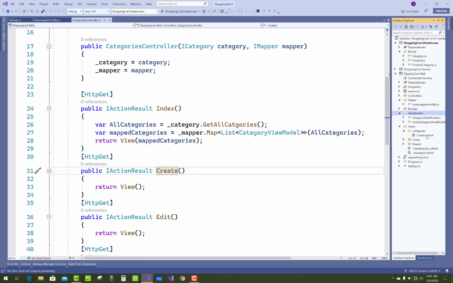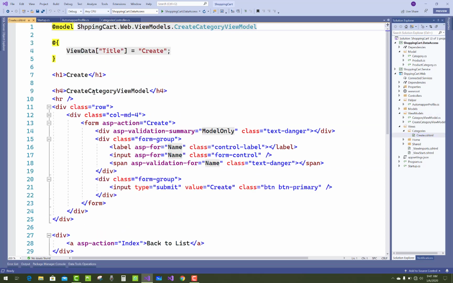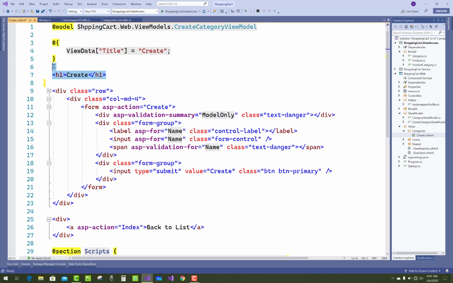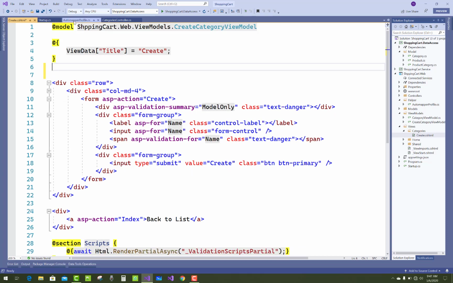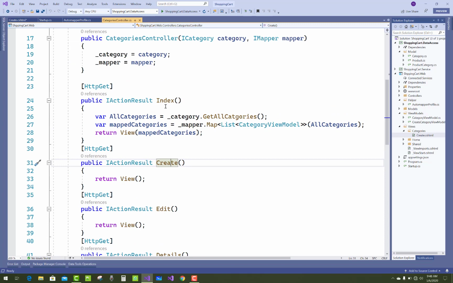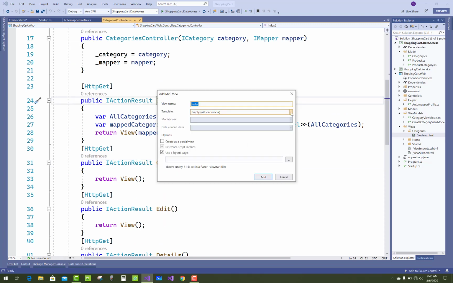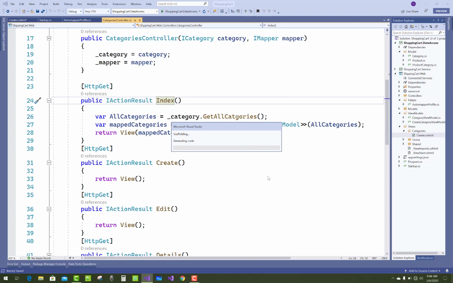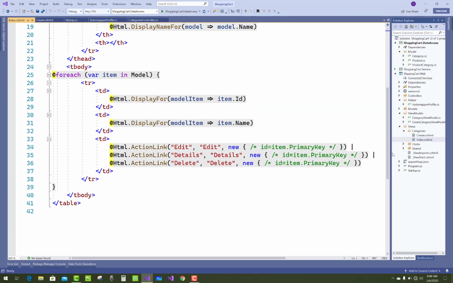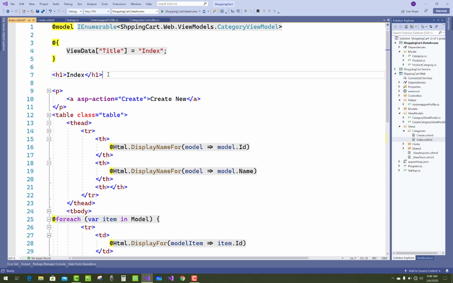Okay, so there is a create.cshtml page added in the project by using scaffolding. Now after that, just right click on the index method and add a list of category view model. There is an ID and the name, and we resolve these IDs when we click on any hyperlinks, that is edit, details and delete. The ID parameter will pass on the URL.